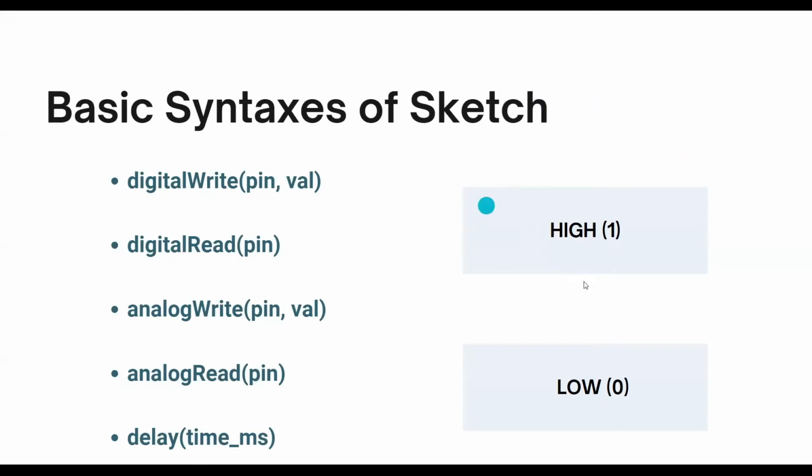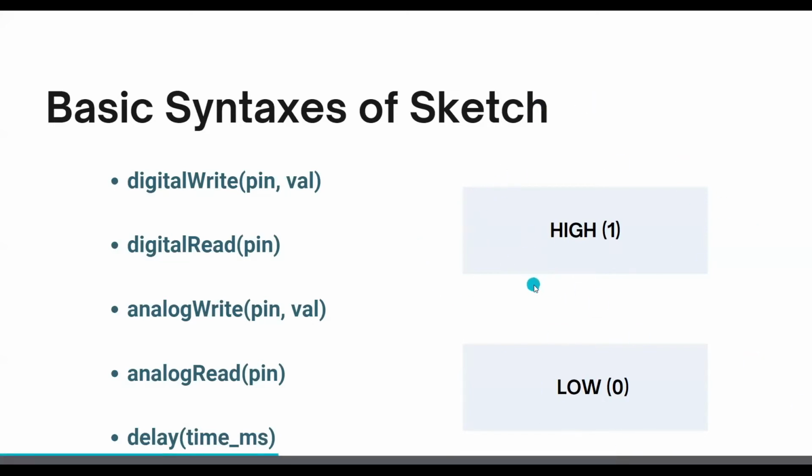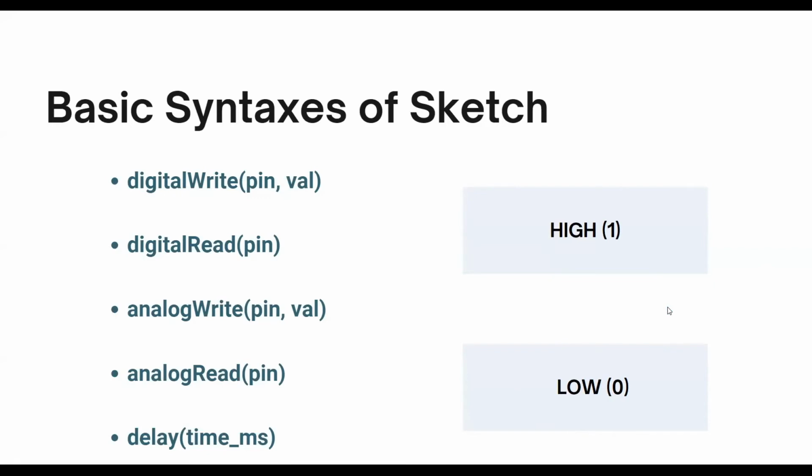Before going into the functions part, let me tell you two different syntaxes. One is HIGH and one is LOW. In Arduino programming, HIGH is considered as the maximum voltage level, and LOW is considered as no voltage level. You can assume it as the switch available at your home. If you turn on the switch, it will turn on the bulb. If you turn off the switch, it will turn off the bulb. So turning off the switch is considered as LOW, and turning on the switch is considered as HIGH.